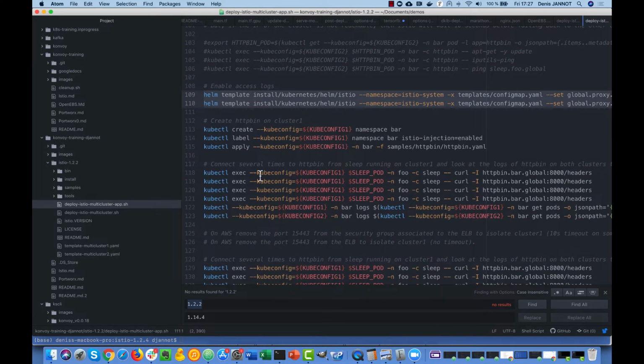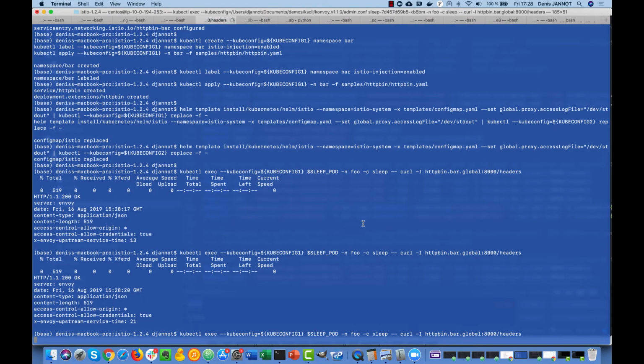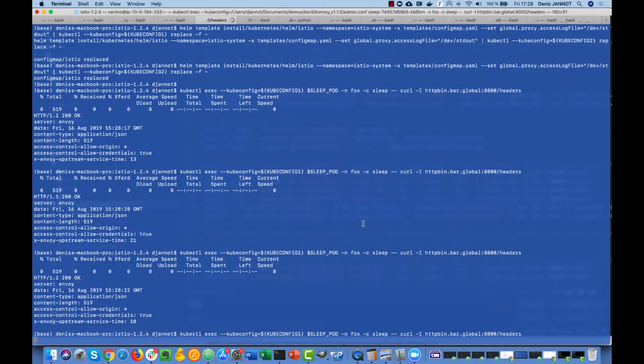So to do that, we just use the sleep pod on the first cluster, and we'll send four requests to this second microservice, and we should see now in the logs of the two clusters that we got requests. So just sending these four requests first, and then checking the access logs on the first cluster, and then the access logs on the second cluster.